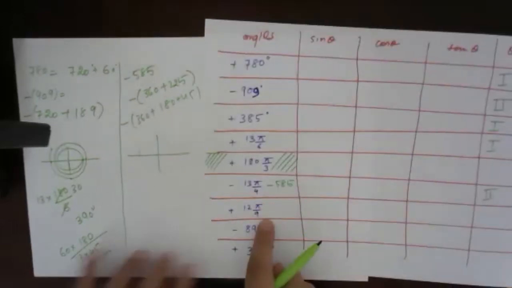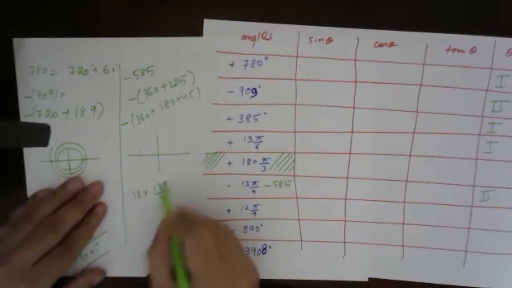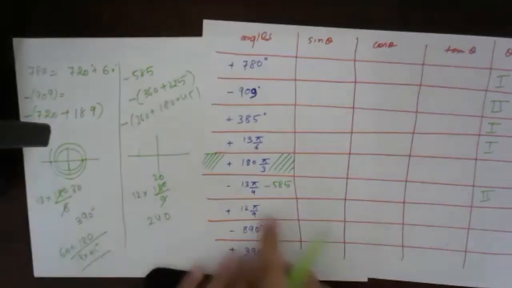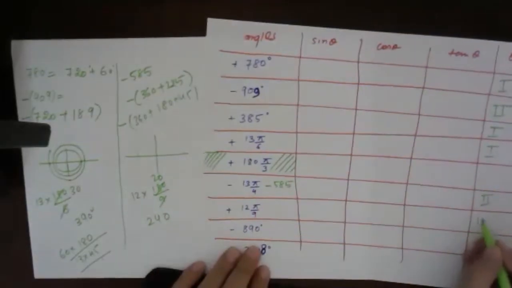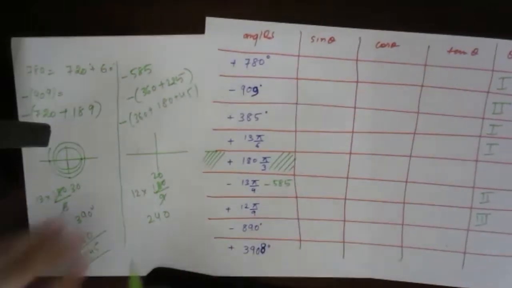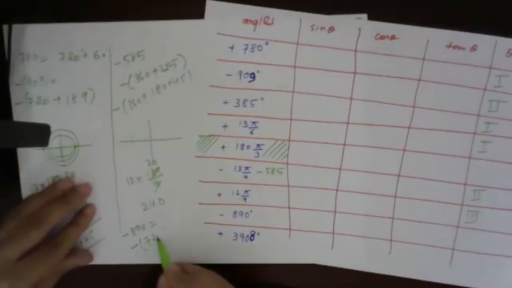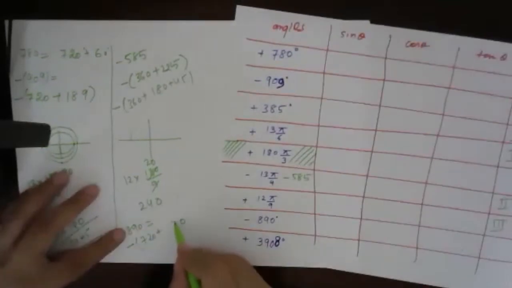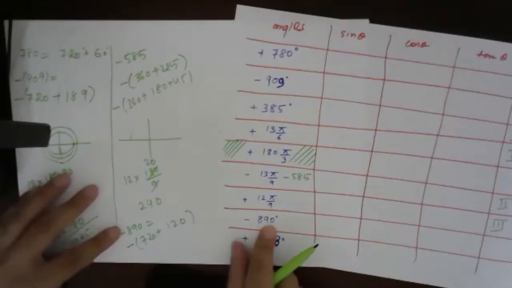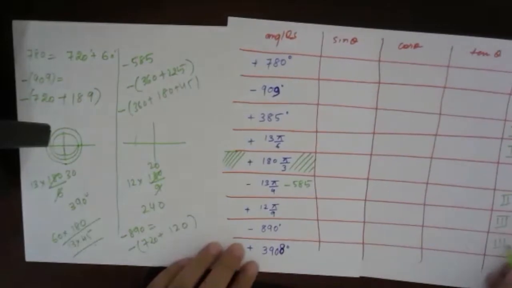Okay. 12 pi by 9 is 12 into pi, 180 by 9. So 9 times 2 is 18, so this is 240 degrees. 240 degrees means this one is in which quadrant? Third quadrant, right? 180 plus. Then minus 890 I can write as minus 720 minus 170. So in which quadrant is minus 890? Minus 890 will be in the third quadrant. Just check this one. So minus 890 is in the third quadrant.